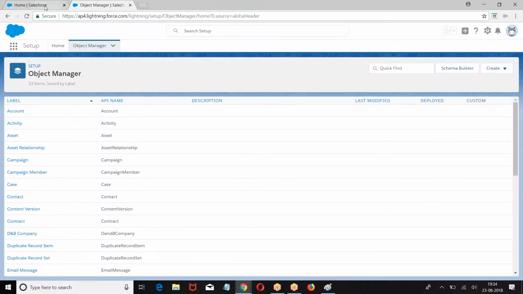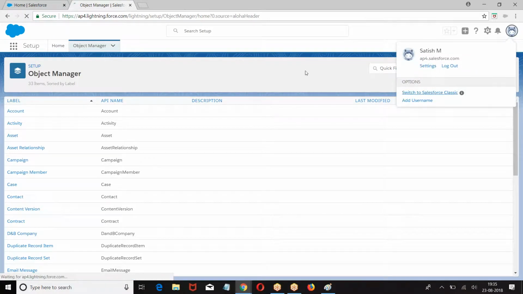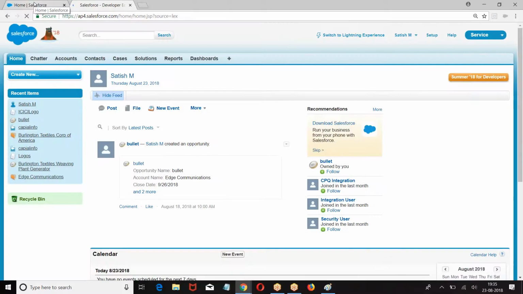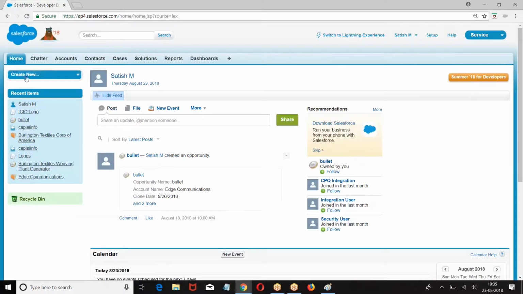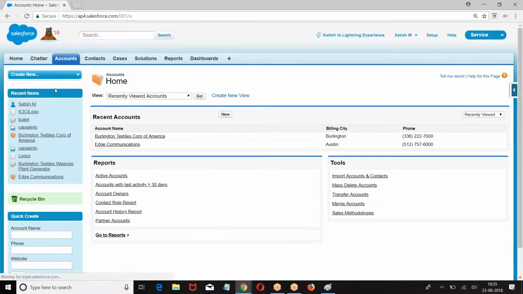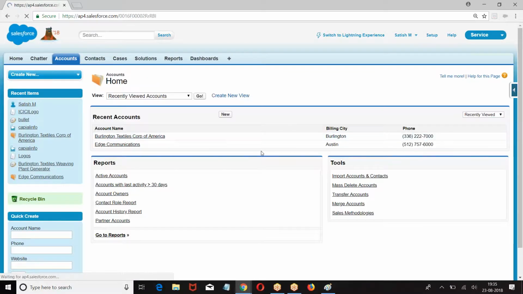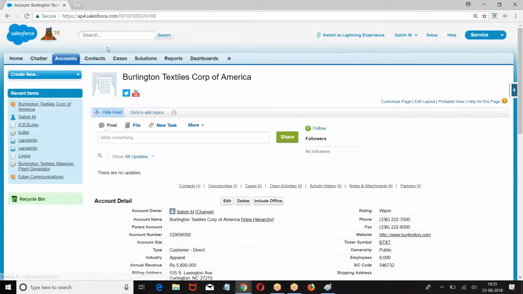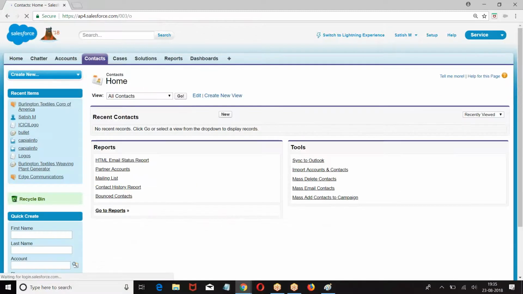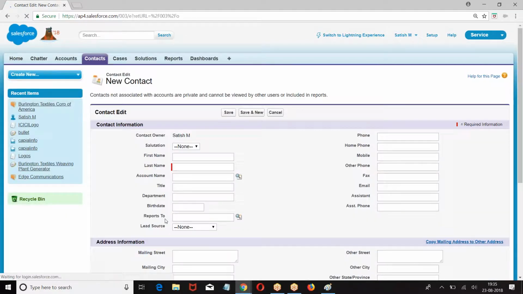Let me give you an example of it. Now, when I click on accounts, the accounts page opens. Then I can create a new record, or else I can open any one of the existing records. So if you want to open accounts, we click on the tab. When you click on the contacts tab, the contact table opens, where we can enter the data and modify the data. I hope you are good with this, right?